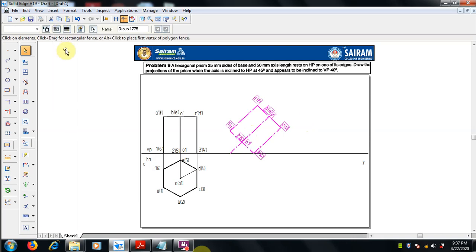Go for center line. This is a center line. Okay, sir, since it is fully grouped it will get changed. Okay, fine, let me go for under that.